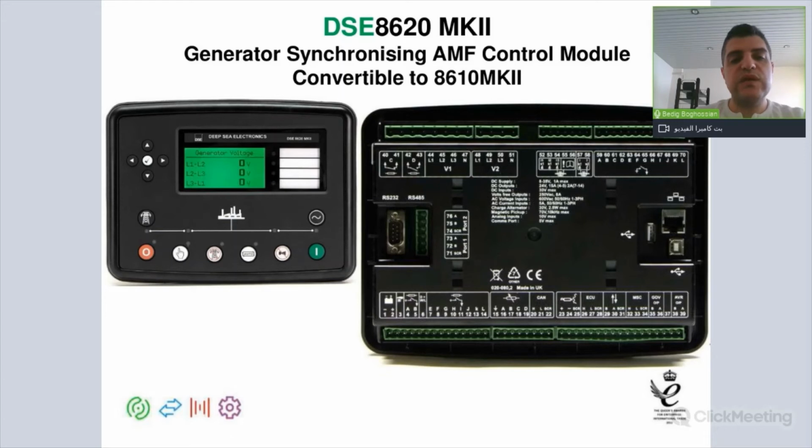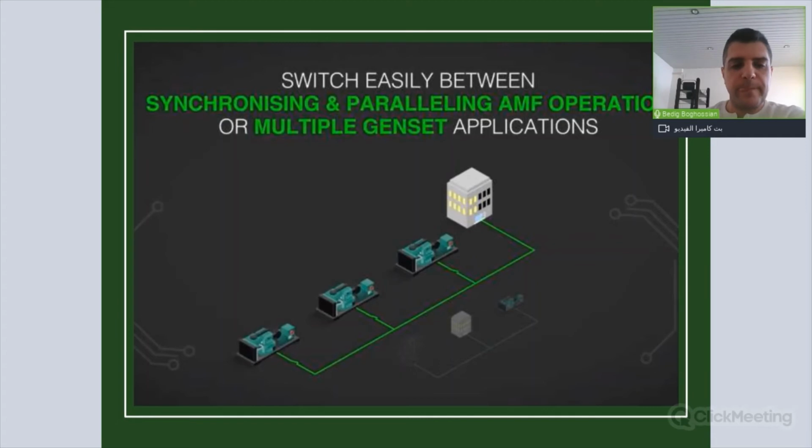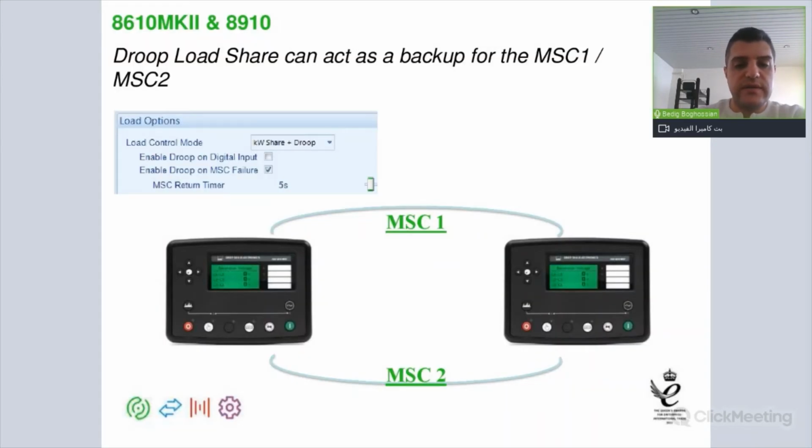The same 8620 can be converted to an 8610 to be used in a multiple generator synchronizing application. This is why it has an MSC port. So our generator controllers are able, with the 8620, to be converted from the AMF variant to multi-set